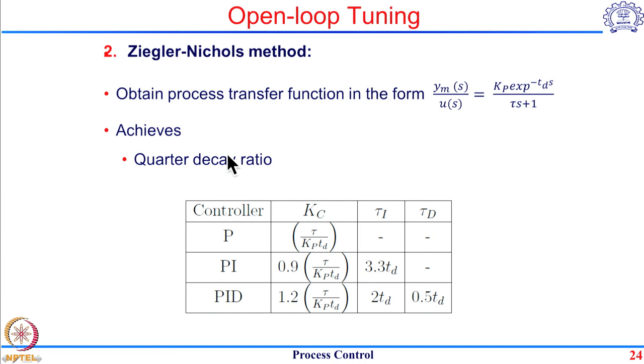So, these are the two commonly used methods for open loop tuning. Now, one of the main disadvantages of open loop tuning is that you are putting a lot of emphasis on the operator to maintain the plant operation when he gives the set point step change into the valve opening. If he gives a much bigger step change into the manipulated input, then the system may drive to a new steady state, or it may go into an unstable region.